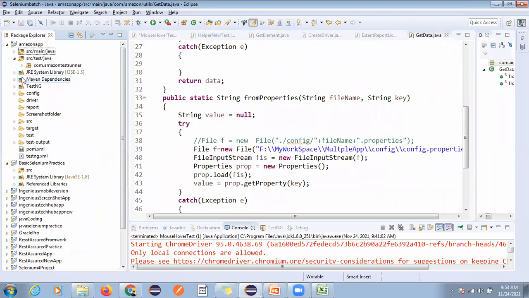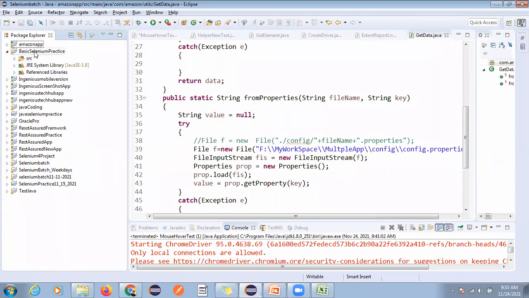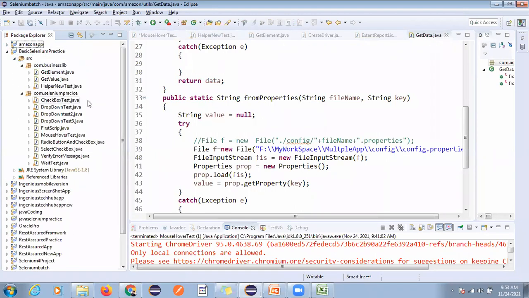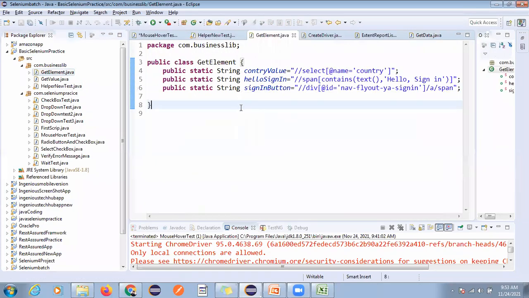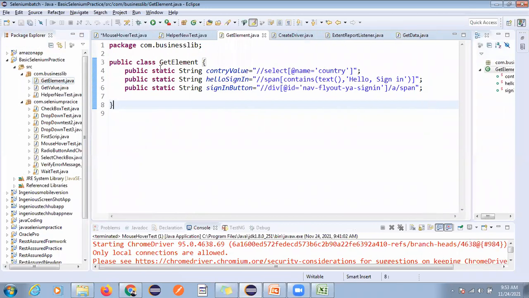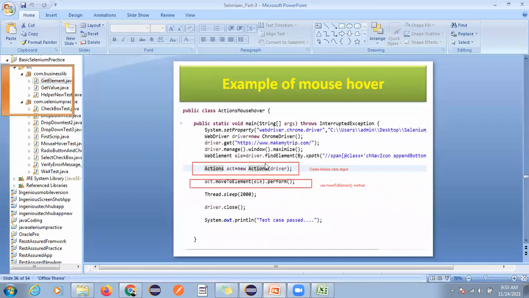If you understand this part, then you won't feel like you are doing something new. That is the main part of core development. Understand, right? So in the coming session we will use @Test from TestNG.